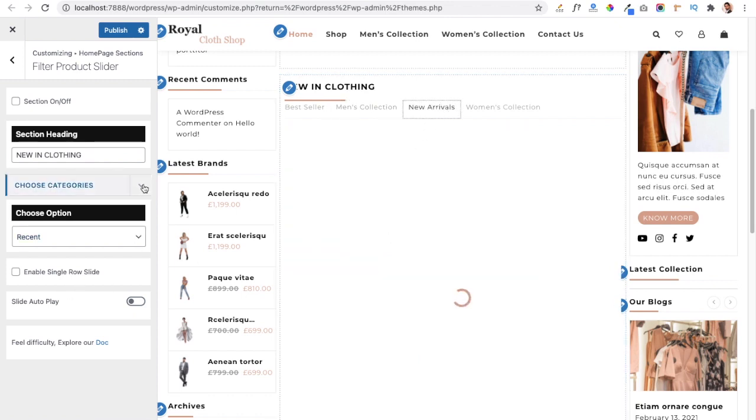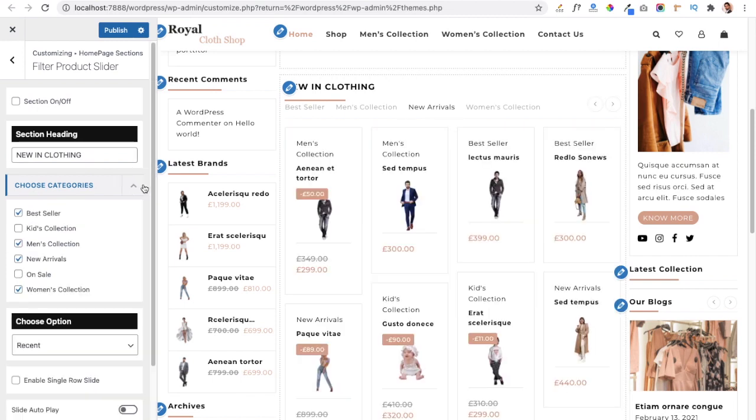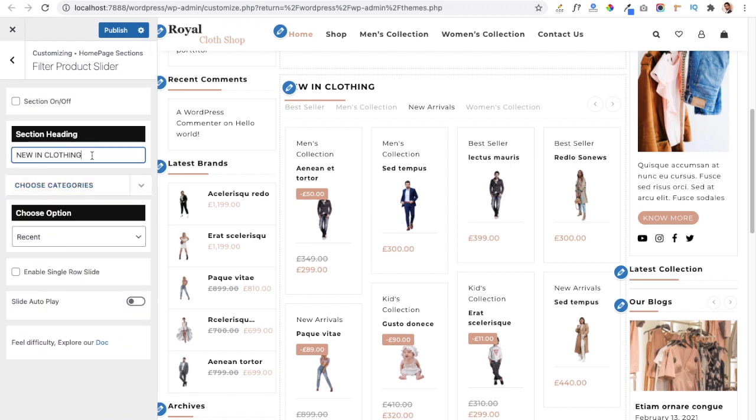So from here you can choose the category of the products which you want to show, and if you don't want to show any category then you can just uncheck these category items. And here you will get option to add the heading of the section. As of now we have written new in clothing, so you can see this is the text which is showing